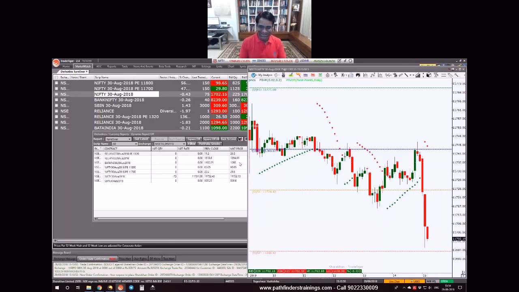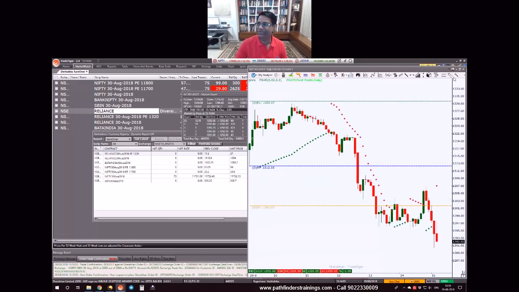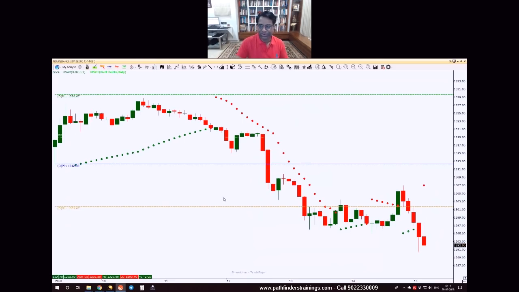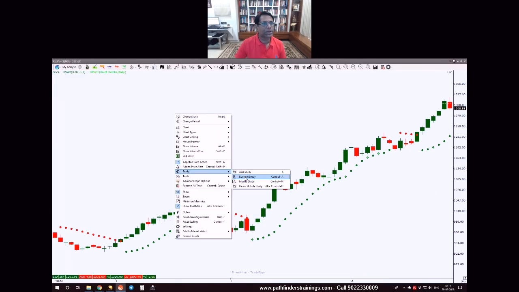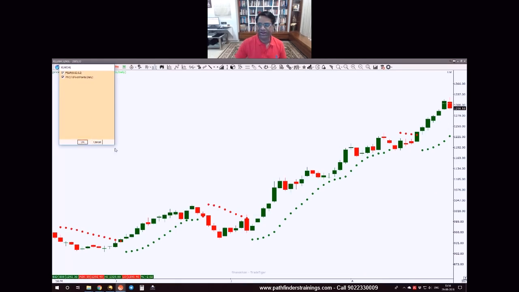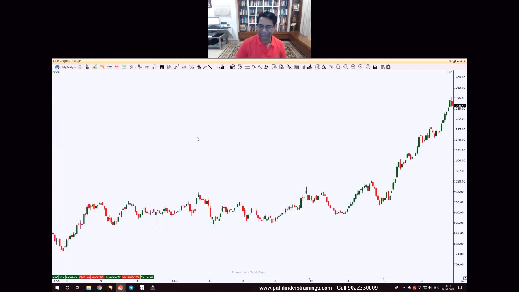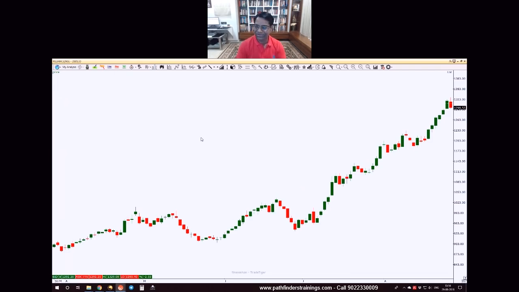Let's go to the Reliance trade where I've made most of my money today. So let's open up Reliance. If I look at the chart of Reliance, as you can see, I was doing more of parabolic SAR trading. I was using a lot of pivots and technicals for my trading. Going down to the daily chart, let me remove everything and make the chart clean. In the last 2 months, the rally of the index has mostly been sustained by